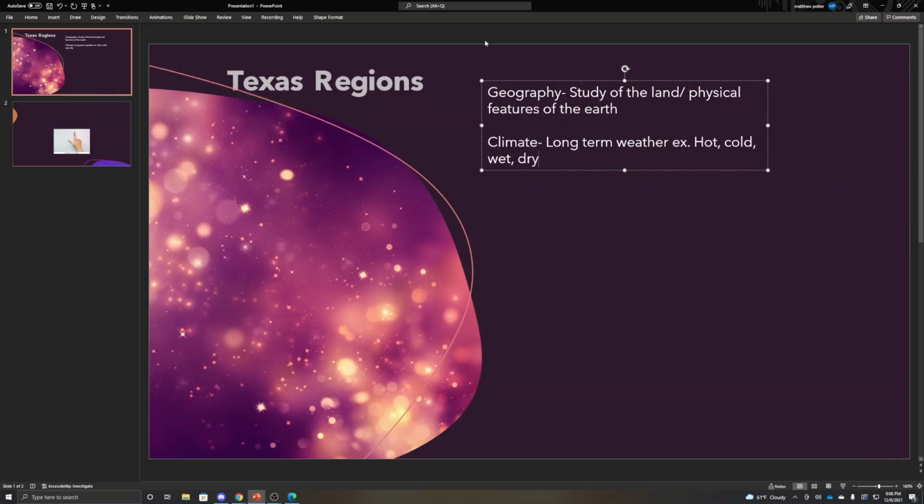Next definition that's good to know is agriculture. So agriculture, just think of farming. Think of growing corn, wheat, potatoes, anything like that is agriculture. That's all you need to know for that one.